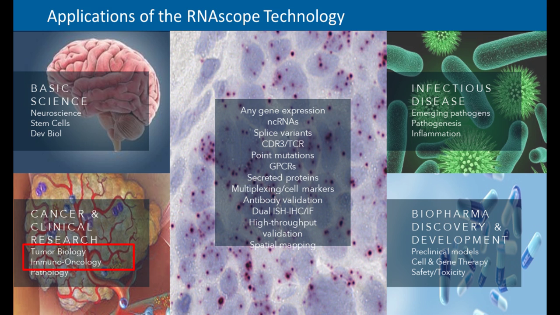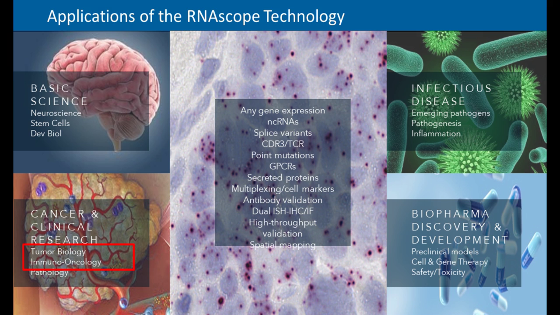Now, because of the flexibility of our assay, we are able to use RNAscope for a multitude of applications and in different research areas. As you can see on your screen, this technology has been used for detection of long non-coding RNAs, CDR3 regions on TCRs, GPCRs, point mutations, for validation of high throughput data, and so on. And because of this, it has been used in basic science research, for neuroscience and developmental biology, in infectious disease